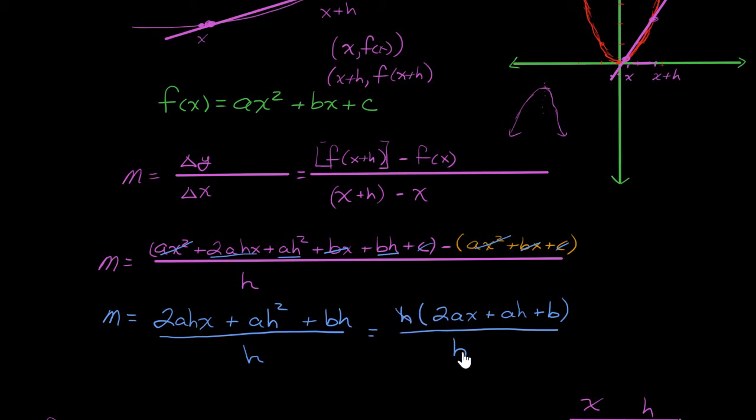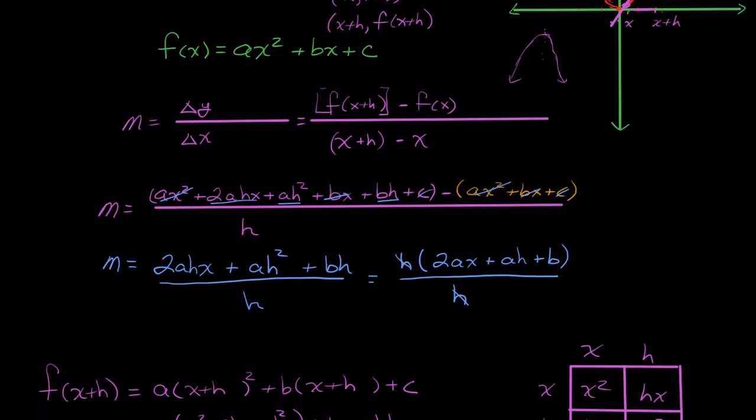So h divided by h is 1. And now I know the slope of this line. We're going somewhere with this here. I know the slope of that line between any 2 points, some input and that same number plus some number. That number could be negative for all we know. h could be -3, x could be 1. But between any 2 given points, x and x plus h, the slope is always going to be